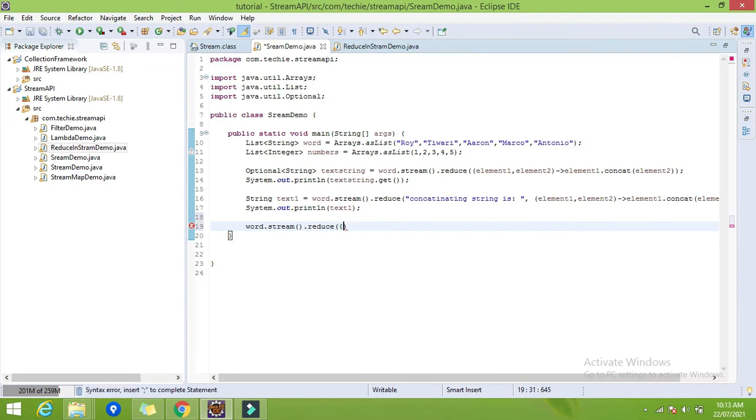So I will directly use our function, that is a binary function, and it will take two parameters, element 1 comma element 2. You can give any name here, not necessarily element 1 or element 2, okay? Then specify the body of the lambda function. What I want is the longest string. As I already told, whatever the result is will be accumulated into the first argument.